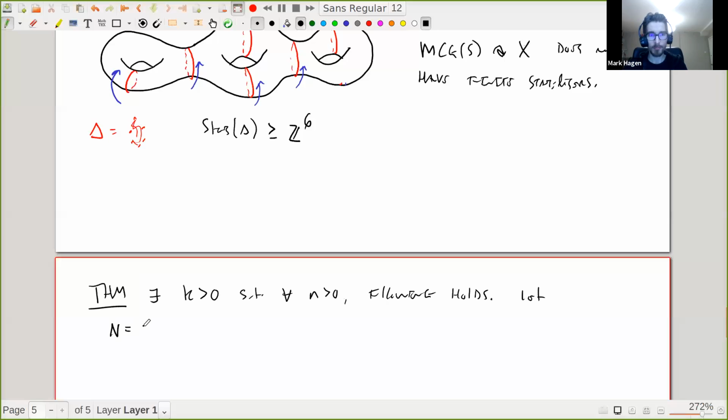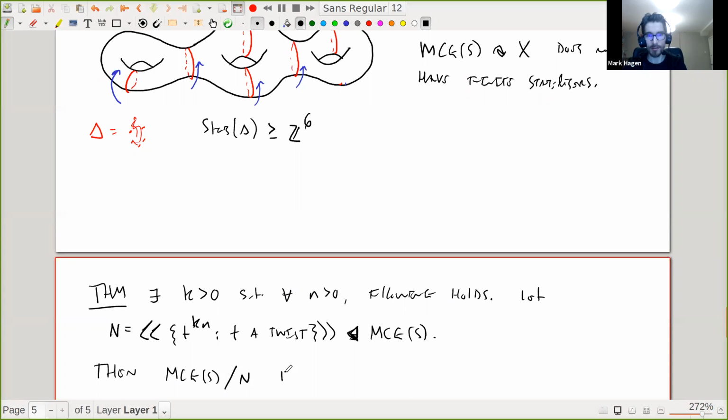Let N be the subgroup normally generated by your favorite power of Dehn twists that's divisible by K. So you have to look at all the Dehn twists inside the mapping class group. So that's a subgroup of the mapping class group, and then that quotient is